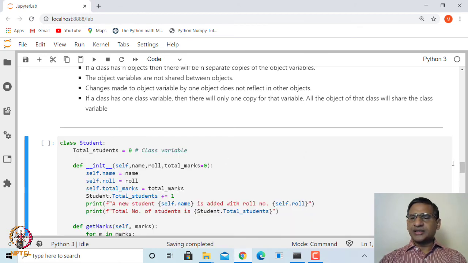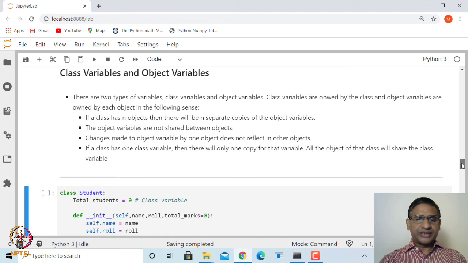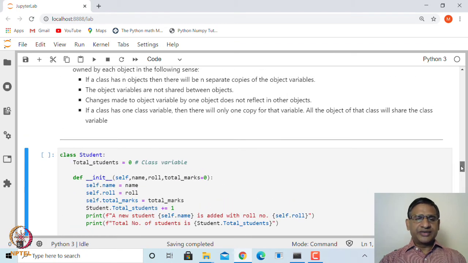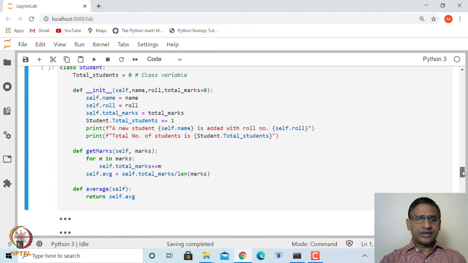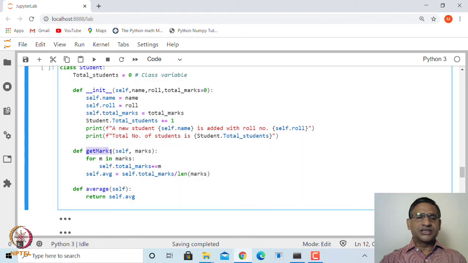Next, let us create another method inside this student class. We created one default method called initialization, but let us create our own method called get marks to get marks of a particular student, and we will get these marks as a list of marks.